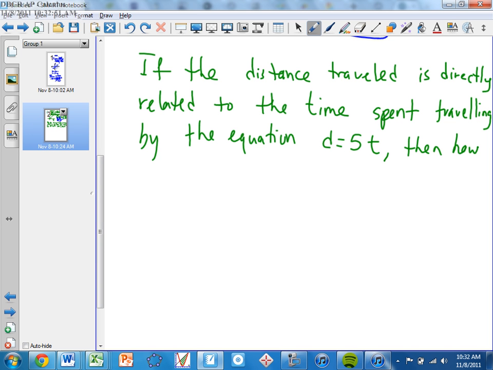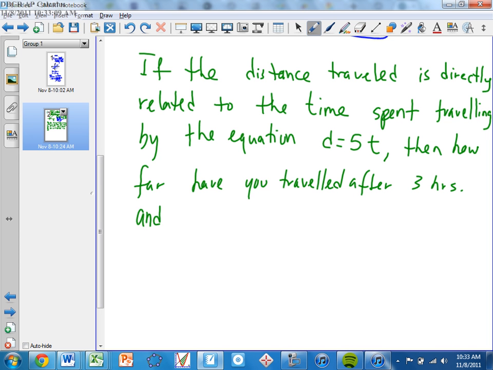then how far have you traveled after 3 hours? Okay, how far have you traveled in 3 hours? And let's just say also, in addition, how long will it take you